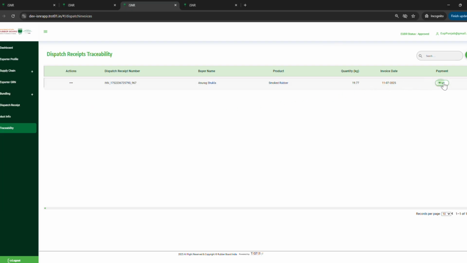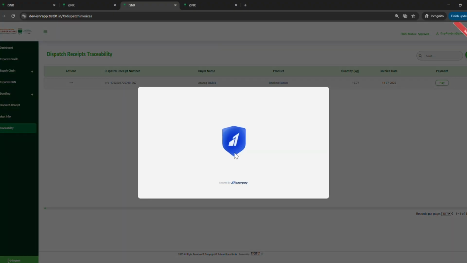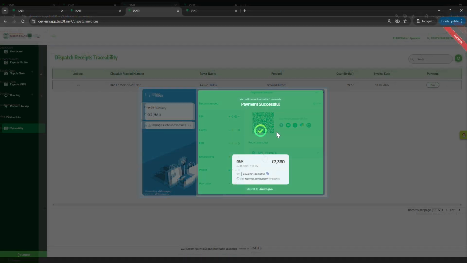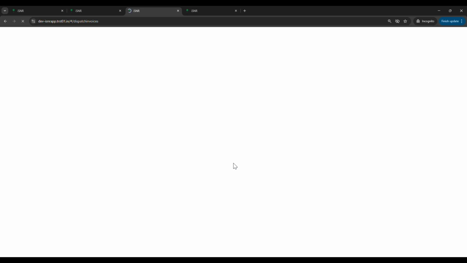For initiating the payment, click on Pay. You can see the fees on screen. Click on Pay Now and make the payment using the available payment options. Once the successful payment has been done,